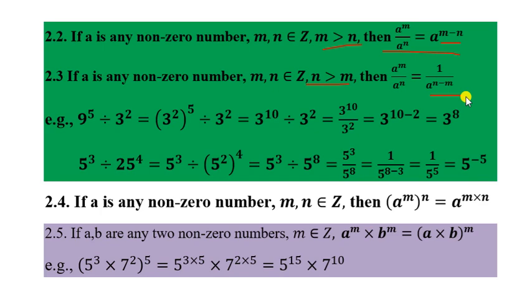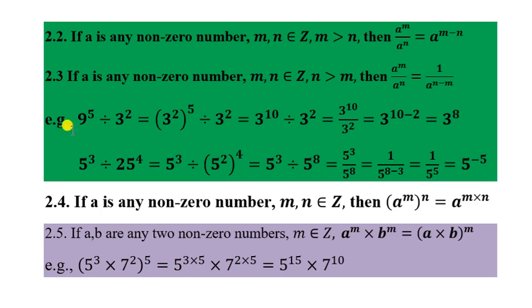See, they will not change their place. a to the power m is present in the numerator, that's why you have to calculate in the numerator place. But a to the power n is present in the denominator, so you have to calculate in the denominator only. Remember, this is a very simple and easy way. And we know for division we get subtraction, that's why I am doing subtraction here. And remember, always subtract from the largest number. Okay. Now we'll see an example.